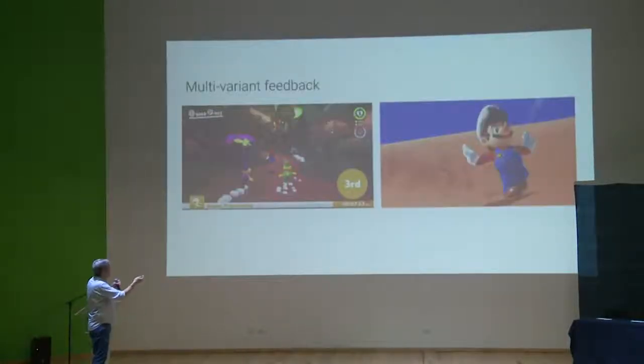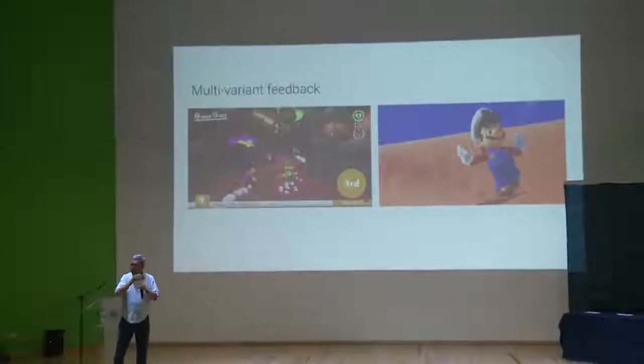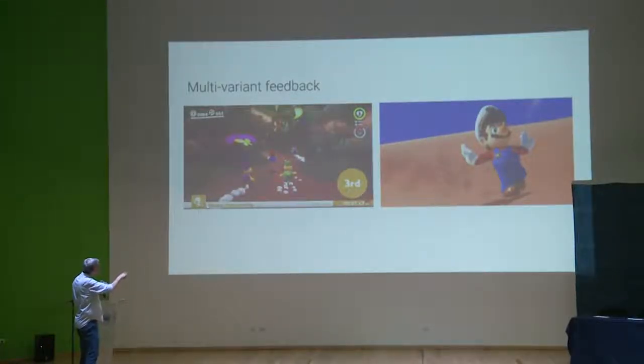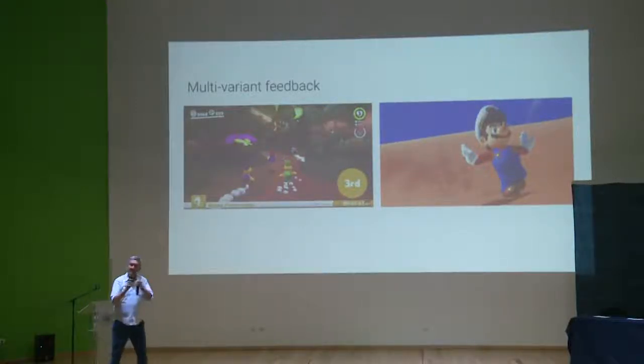But at the same time, there's multiple variable feedback. So as you're running, there's how quickly you're turning, how fast you're going, how quickly you're jumping. There's all sorts of things that are happening, and they take that very seriously. So, for example, there's a little smoke cloud that goes behind you. But what's interesting about the smoke cloud is because it leaves a trail, it tells you how quickly you're turning, and it lets you know, if you get to be more experienced, if you can make a corner or not. It's a very important feedback loop. When Mario gets a certain speed, his hands fly out. And some jumps need him to go a certain speed, and so you wait until his hands go out, and then you jump.